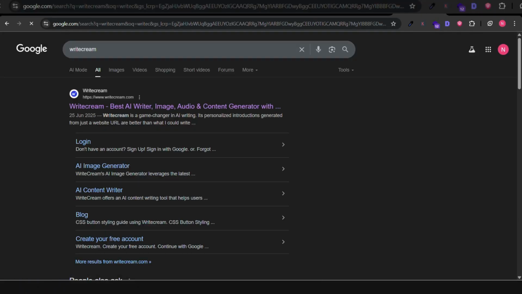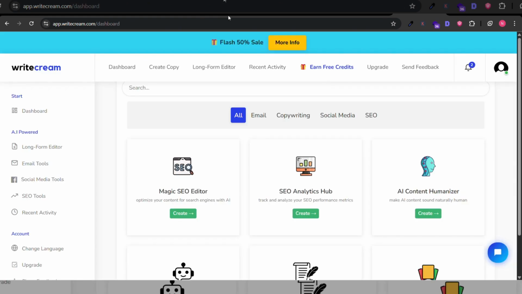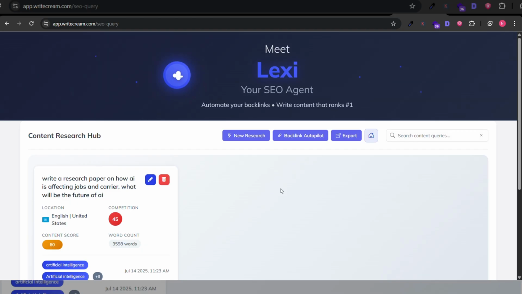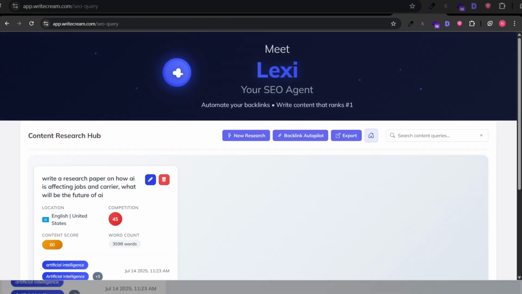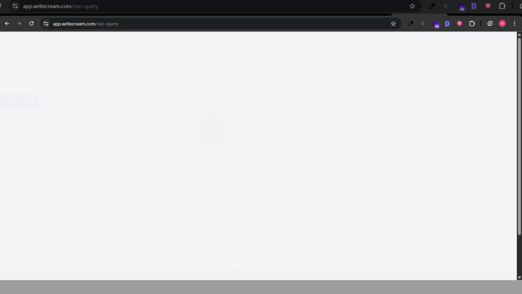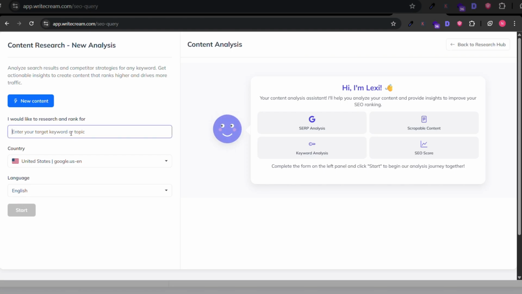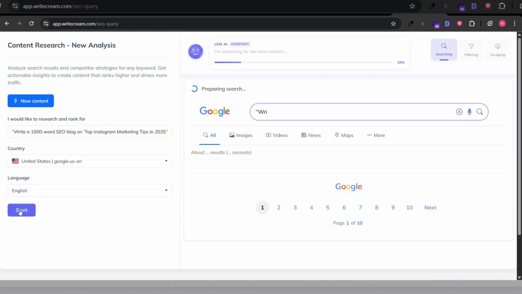Alright, let's walk through how to use Lexi Agent. Once you're inside the dashboard, you will see a clean interface with all of RightTeam's tools. This opens a chat style window where you can interact with the AI. Here's where the magic happens. You simply type in what you want. For example, write a blog intro about AI in small businesses, generate an Instagram caption for a travel reel, create a YouTube video outline for a productivity hack.